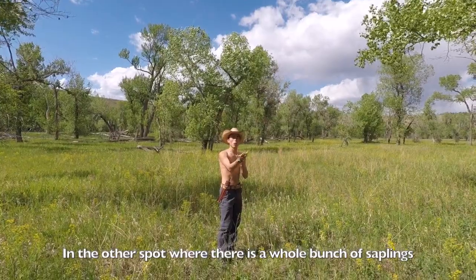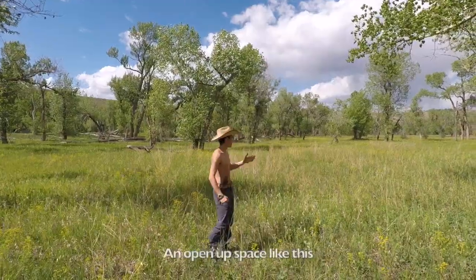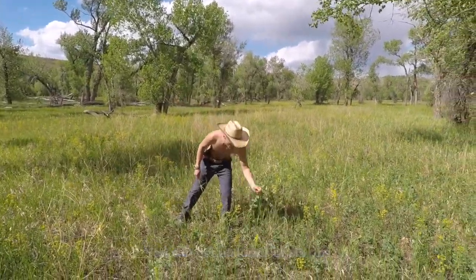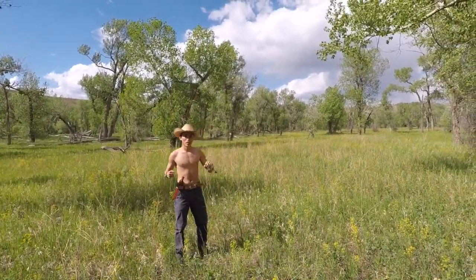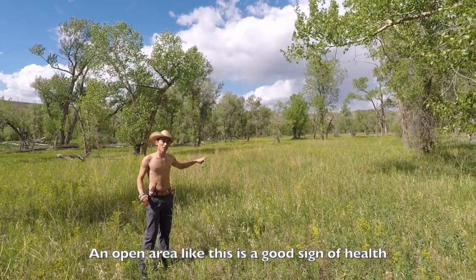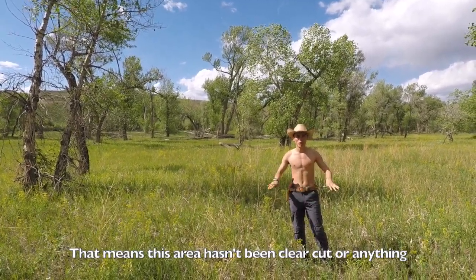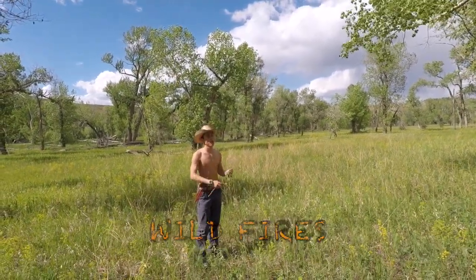So in the other spot where there's a whole bunch of saplings, what happens is that the fire comes, kills most or all of those saplings, and then it opens up a space like this, and that leads to more biodiversity, because you can get all kinds of grasses, you can get all kinds of shrubs, and when you have more plant ecology, you'll have more animal ecology, and they'll go together really nicely to promote each other's diversity. So an open area like this is a really good sign of health with a couple of old growth trees. That means that this area hasn't been clear cut or anything, and it's naturally regulating itself, so there's no suppression of wildfires. And then if this place does